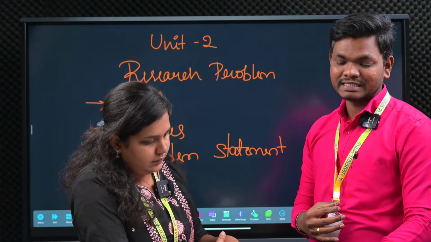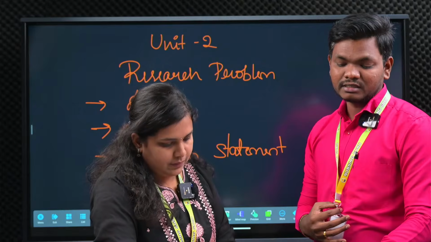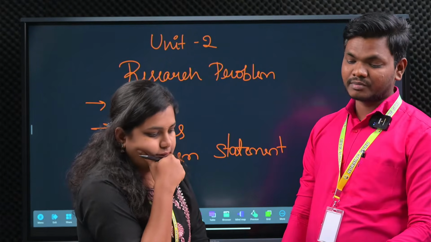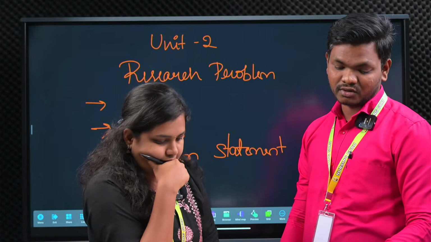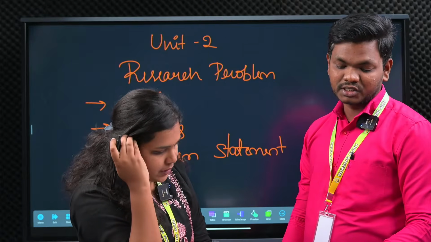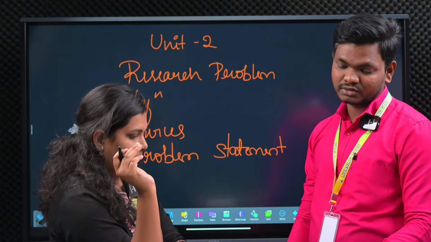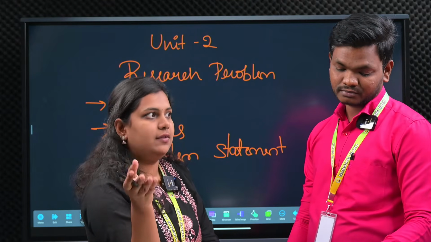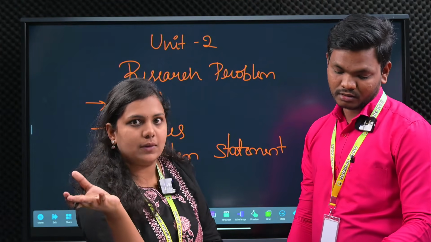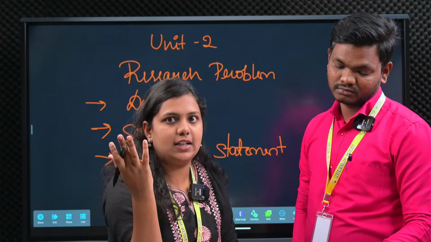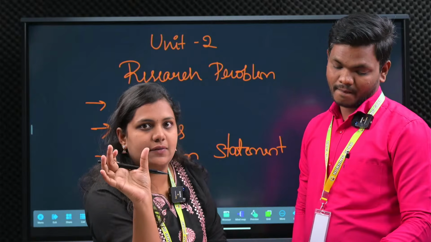So the next topic will be the delimitation of problems. Okay, so that topic also will be under the research second unit. Okay, so next one is the research objectives. Research objectives is also one of the important questions. In the objectives, you are just framing out what is my aim, why I am conducting the research, what is my objective to conduct that research, and you will be specifying the